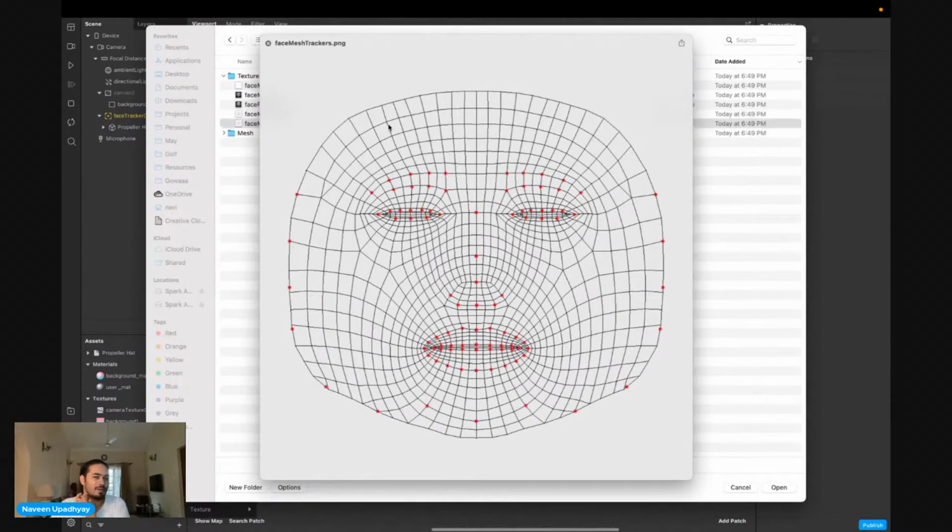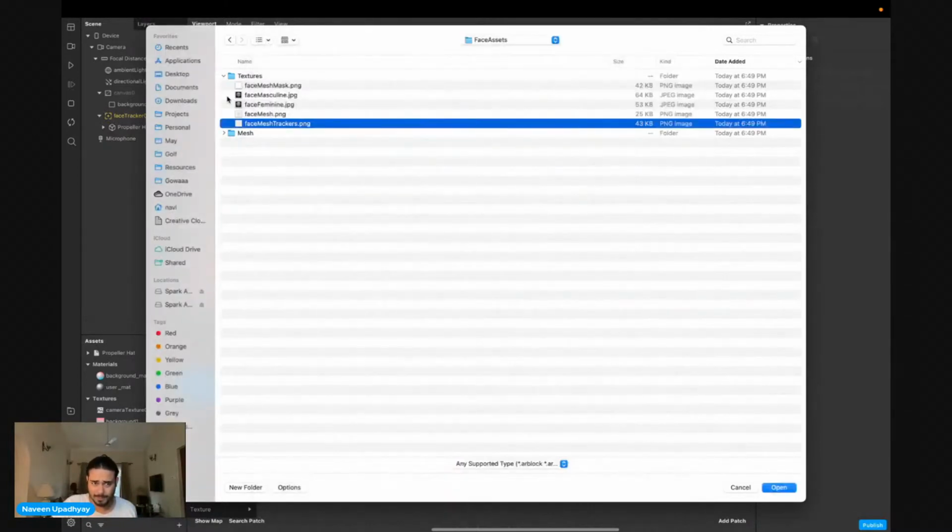So these are useful when you're trying to draw something outside Spark. Let's say I want to draw an eyeliner, so I can just take it into Photoshop and draw something here using these points. And when I import the texture, not the one with the net and dots, but the texture, whenever I make changes, I can just use that directly on my face. So we can also do this as an example.